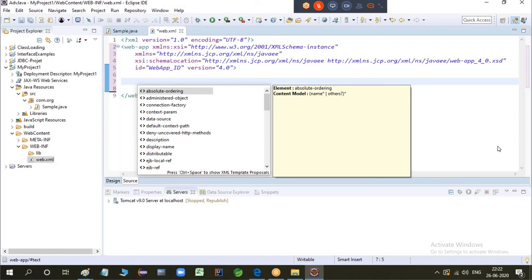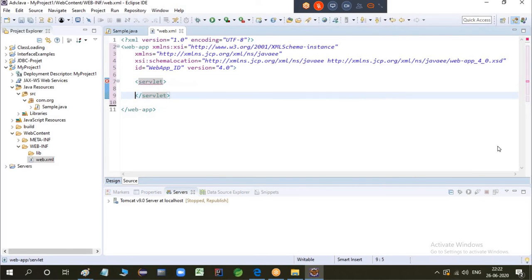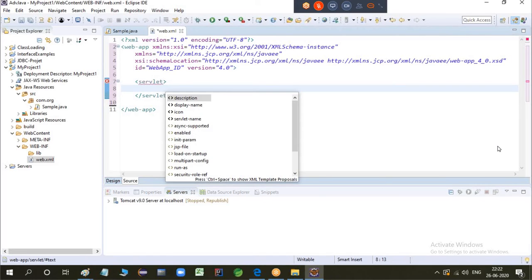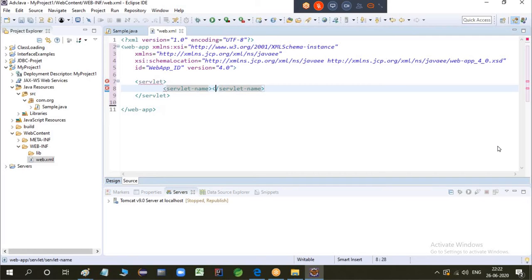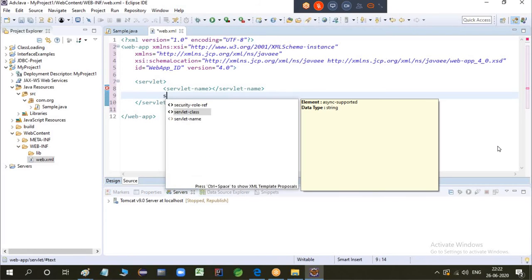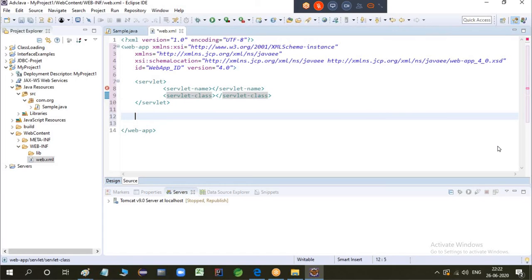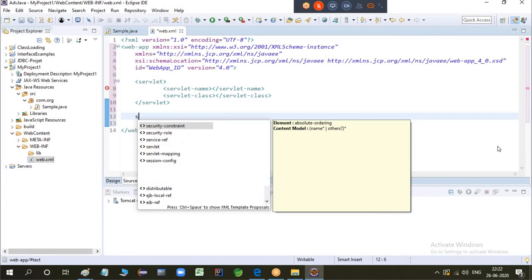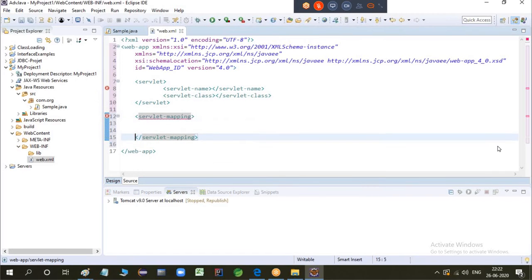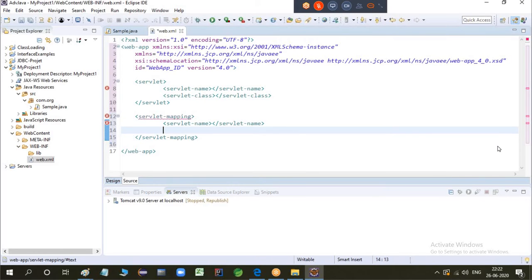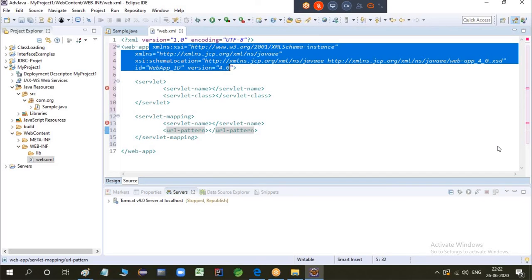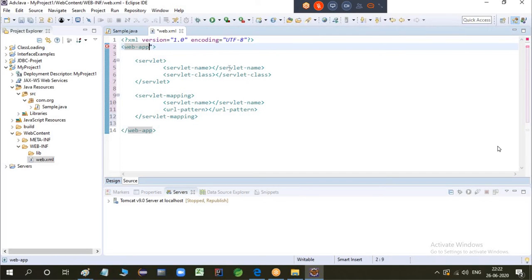Okay, so what's the root tag in web.xml? In this we have servlet name and servlet class. All right, same way, go for servlet mapping, servlet name and URL pattern. All right, so all this mapping right now, I don't want this one. So for simple one, when we are going for Maven projects in the frameworks, that will be useful.